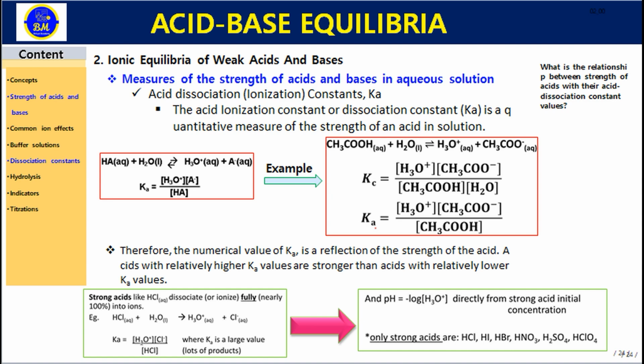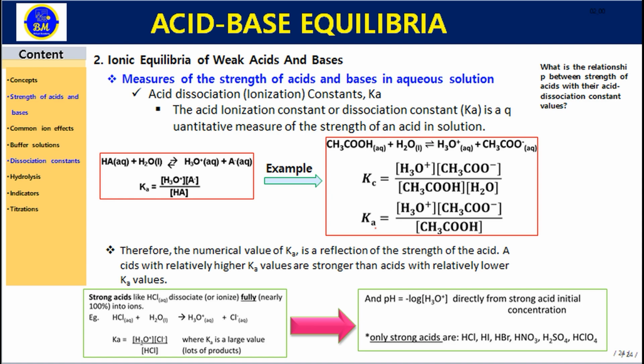So here are the examples. Acetic acid is a good example of a weak acid. When this acid reacts with water, it produces hydrogen ion and its respective conjugate base. So what will be the representation of the acid dissociation constant? It seems like this. Based on such a concept, you can write the weak acid reactions. So you can derive the acid dissociation constant, and you can conclude that this is the expression of the acid dissociation